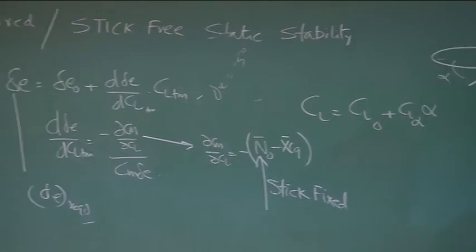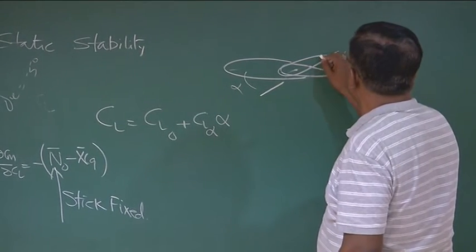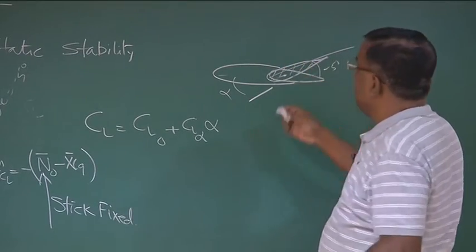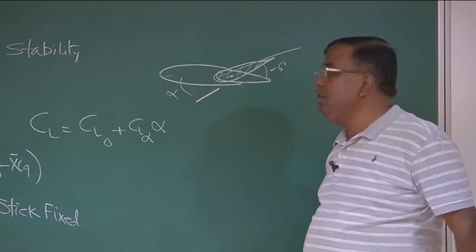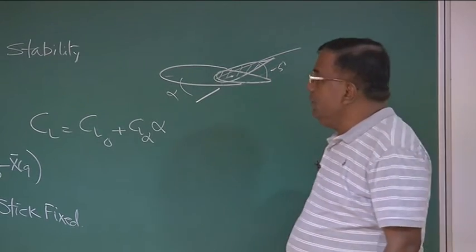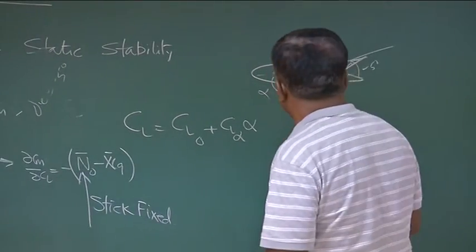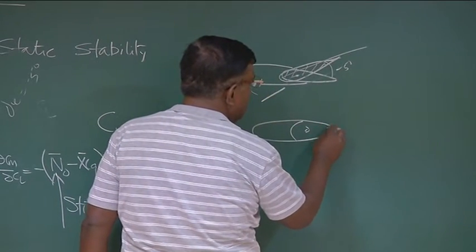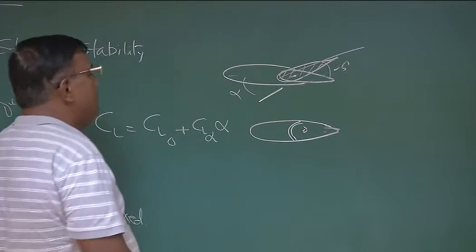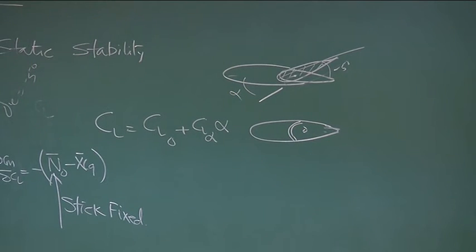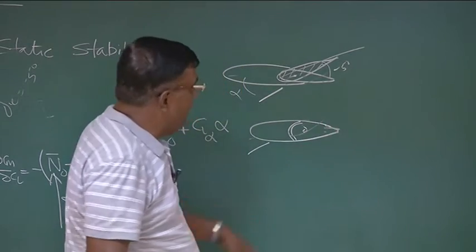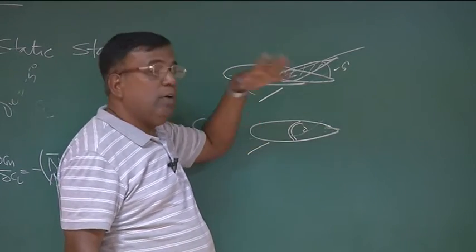So we say we will take this elevator to minus 5 degree, which is this, and that's all. And the stick is locked. The elevator cannot move up and down. And when I am talking about stick fixed, this also means that when I am starting the reference from where I am going to measure the elevator, it is assumed that even at this condition, the elevator is not allowed to float. Elevator is here only. From here, so what is the final message?